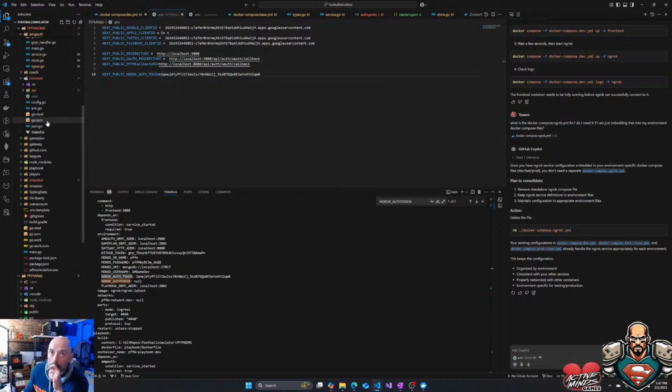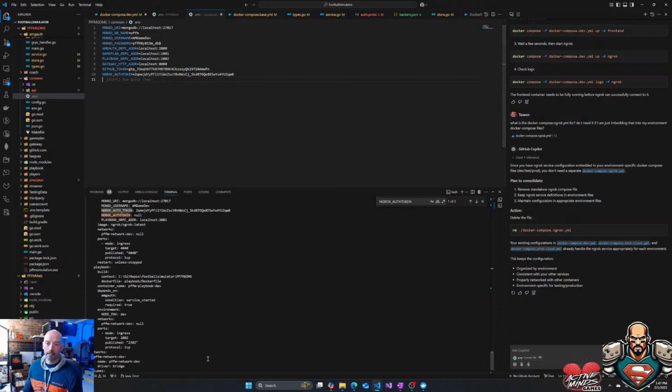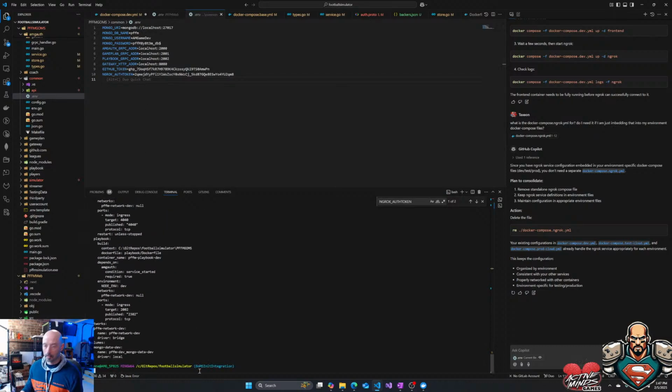What's wrong with NGROK auth token without the underscore? It's the only difference. Now, if I go to config, it should say